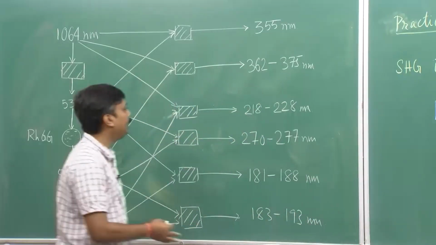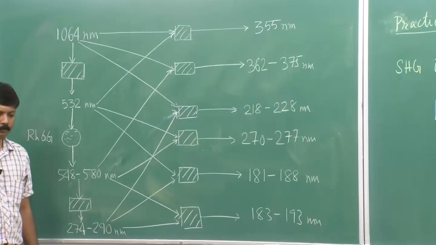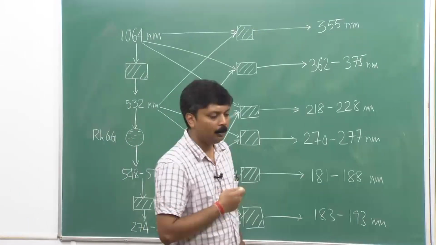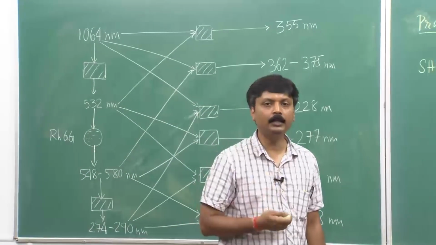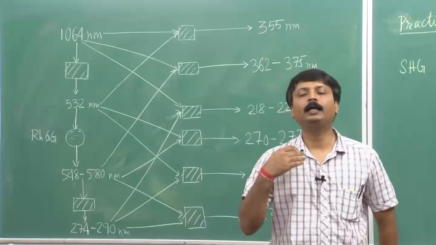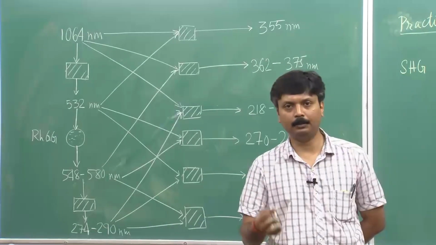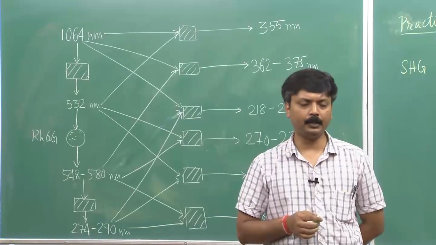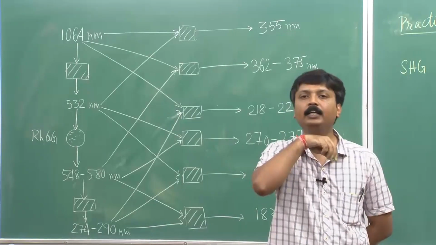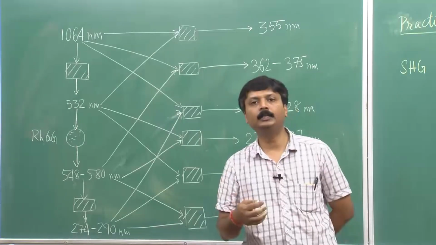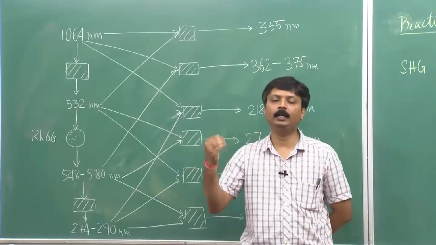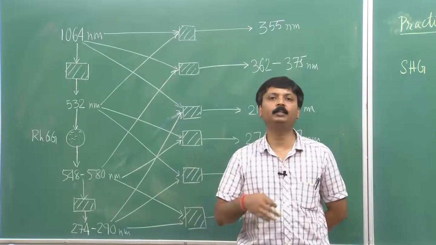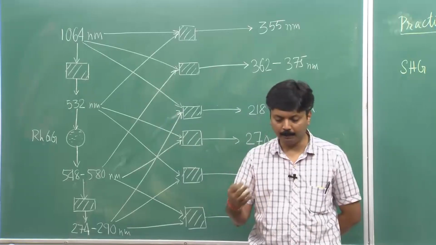So you can take any laser, so I have used 1064 nanometer, which is the fundamental wavelength of Nd:YAG laser in the infrared. You can take any other laser, say for example Ti sapphire laser, or Nd:YVO4, and select the wavelength, and you will see how you can use nonlinear optics and generate various other types of